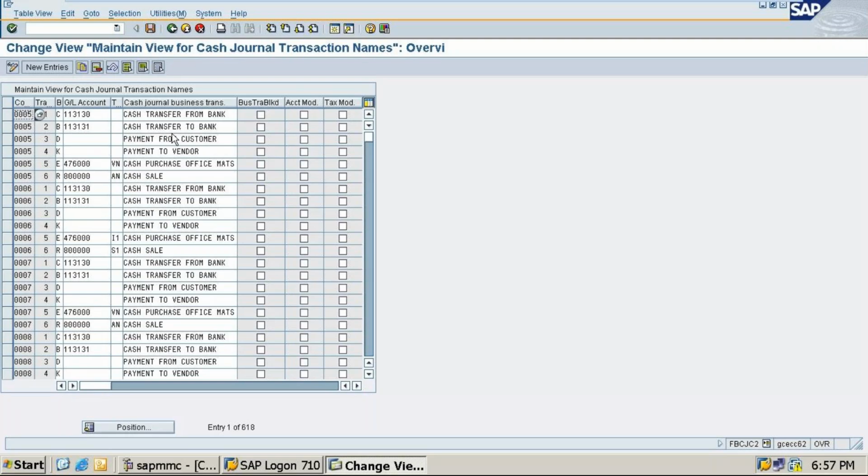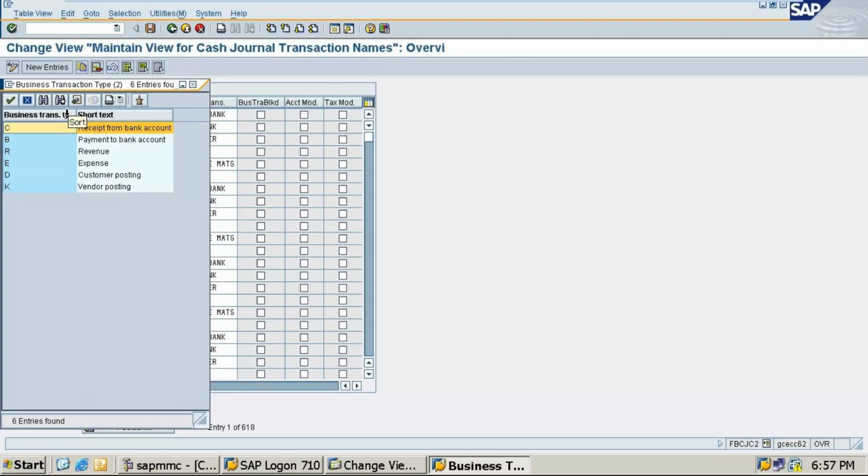B is for cash, this is cash received, I think. Sorry, this is cash received. C for cash received from the bank. Yes, sorry, cash received from the bank means we are getting interest in the form of cash, or we are getting our money, so it is called cash receipt from the bank, getting a check. B stands for payment to bank, payment through check, or you are paying loan amount with interest, that is known as your payment to bank.